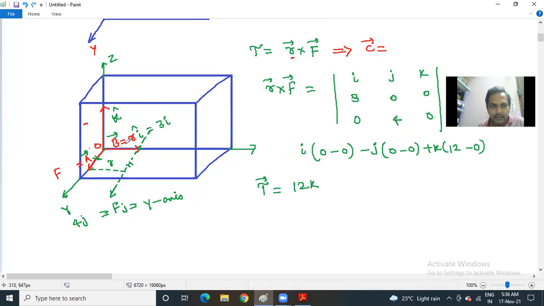Otherwise, you take this as a vector. R is okay. Changing the letter is not the criterion. So this is the A vector and this is the B vector. Now you have other examples also. This is one of the examples.